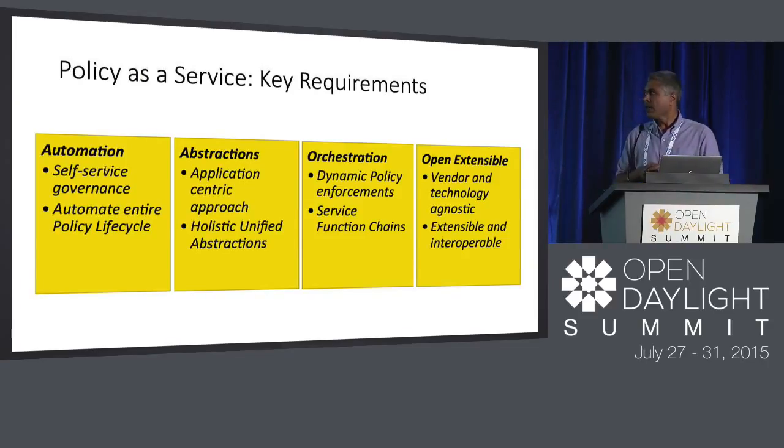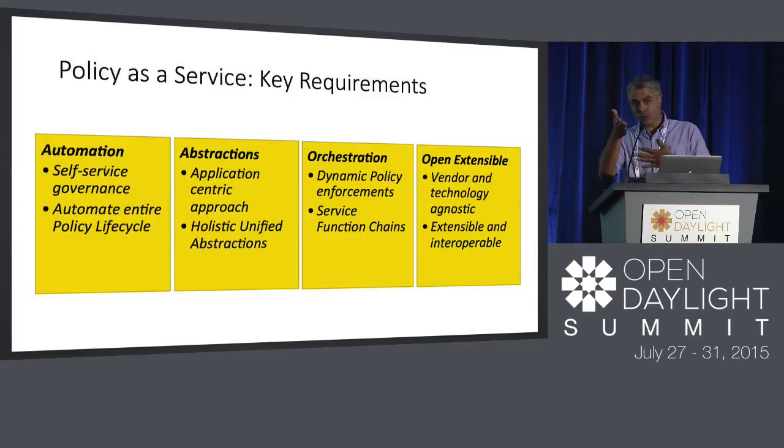Nobody's arguing that. The second one is holistic and unified. Over time there might be different implementations, but the good thing about having a holistic view is that you're describing what you need of the infrastructure as a whole. You can still segment it based on network, compute, storage if you want, but you're still able to describe it as a whole. And you're not describing individual elements. If I am talking about something vendor-specific, I don't want to go into an abstraction where I say this vendor has this abstraction. I want a general abstraction for firewall rules or whatever else.